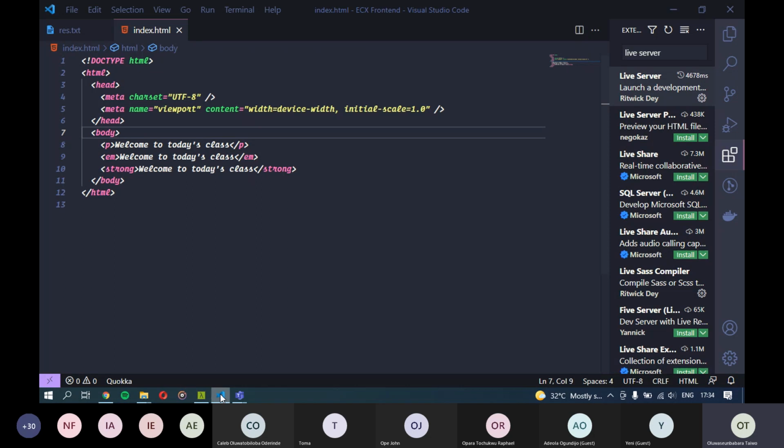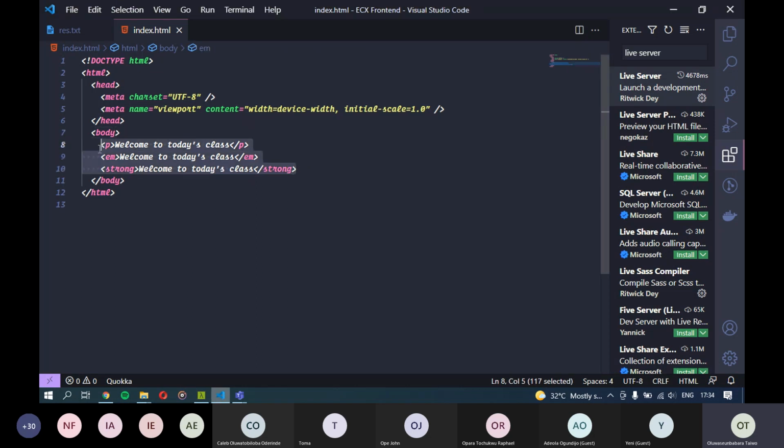So let's go back and let me just close this, or comment it out rather. If you are using Visual Studio Code, to comment, you press Control and slash on your keyboard. There should be a slash directly above the Control that is on the right hand side of the keyboard. So yeah, Control and slash would comment it out.